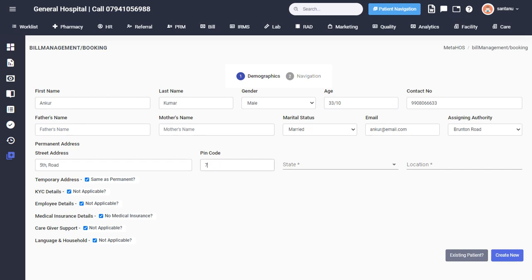Pin code is also mandatory. After entering pin code, state and location is automatically populated. Temporary address, KYC details, employee details, medical insurance details, caregiver support, language and household. All these fields are not mandatory and they can be skipped.